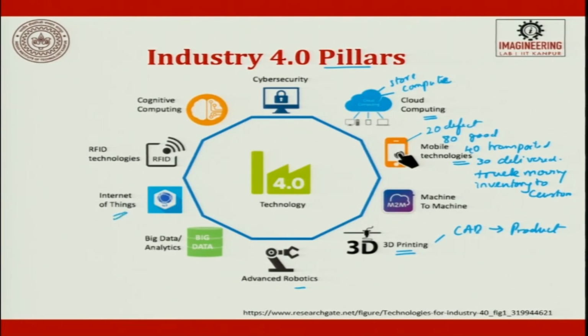Internet of Things. The Internet has helped us in connecting so many people around, so many pillars around, only because of the Internet. In the Internet of Things there are so many sensors. These sensors are connected to each other by using the Internet, and we are able to control the manufacturing scenario. RFID tags are used for presence, absence, and status monitoring.